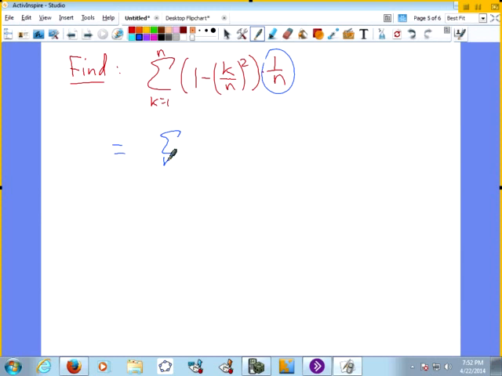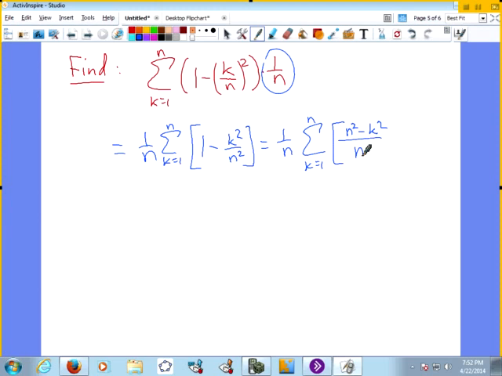And so this can be thought of as the sum, k going from 1 up to n, of 1 over n times 1 minus k squared over n squared, which is 1 over n times the sum. I can rewrite that as n squared minus k squared all over n squared, just getting a common denominator,